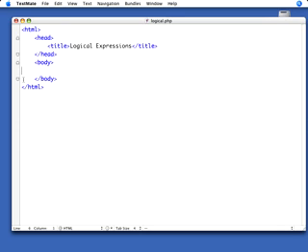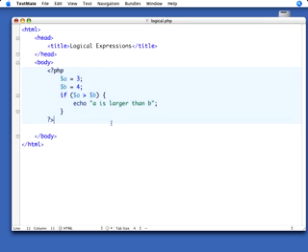So let's try that exact statement that we were talking about just then. I've set two variables here. One is A